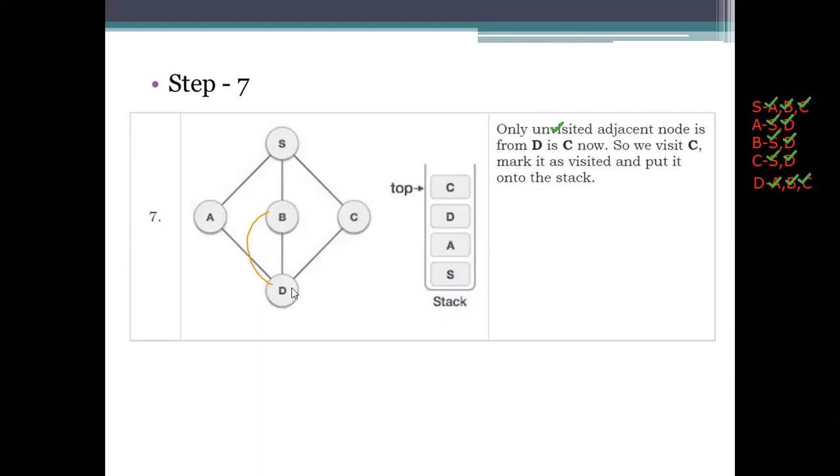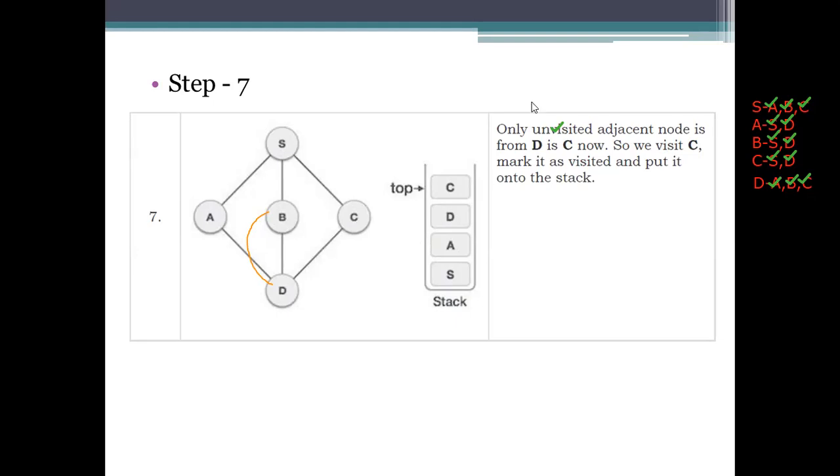How are we going to process it? We backtrack to the previous node and look whether any node has been left or not. If one is left, we process it, mark it as visited, and the process we did for the previous node will continue. That means we need to check whether C has an adjacent node, meaning vertices which are connected, but since both are visited, the process stops here, and we empty the stack for the representation here.